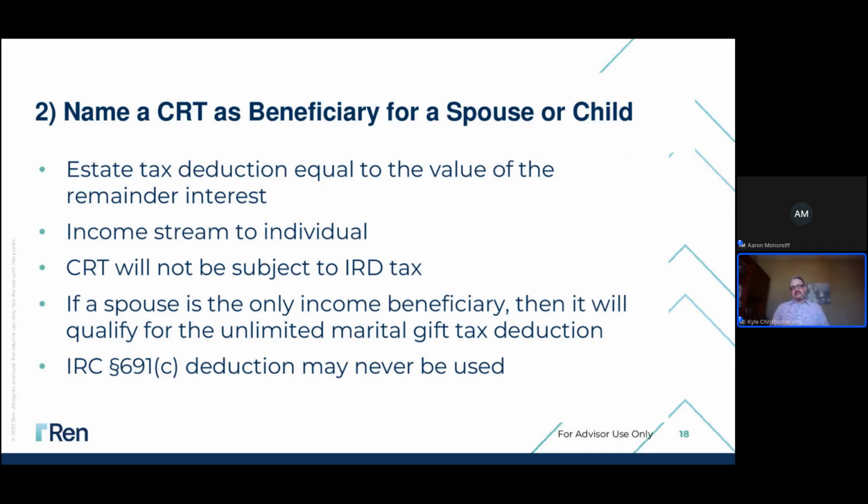Now, the problem, though, is that IRD taxation that would have been due is now populating the ordinary income tier of the charitable remainder trust, which means plan on the charitable remainder trust distributions to the heirs, to the children, being taxed at ordinary income rates for a significant period of time, if not the entire time, most of the time that they're receiving an income stream. And then finally, the 691(c) deduction is not going to be able to be used on the personal estate because it was received by the charitable remainder trust. The charitable remainder trust did not actually pay any IRD tax on that or estate tax on that qualified asset.